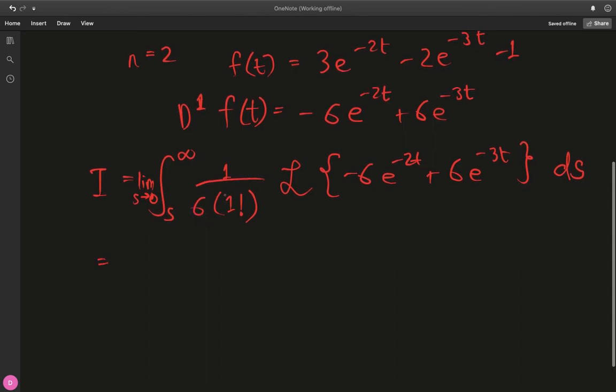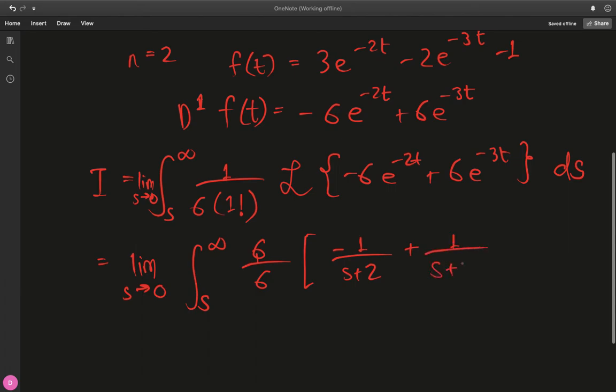So now this is just the limit as s tends to 0, sorry, of the integral from s to infinity. 1 factorial is 1, we just have 1 over 6 times the Laplace transform of this, which is easy. We can pull out this factor of 6. This is nothing but, I'm just doing it very quickly now, minus 1 over s plus 2 plus 1 over s plus 3, basically the shifting theorem again,